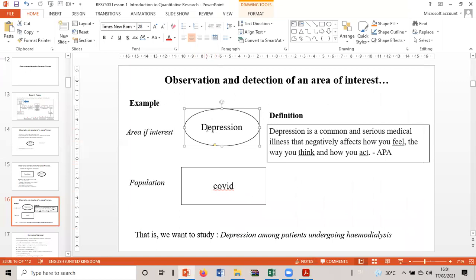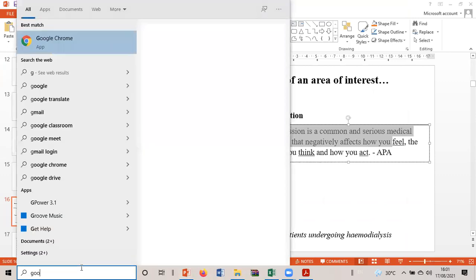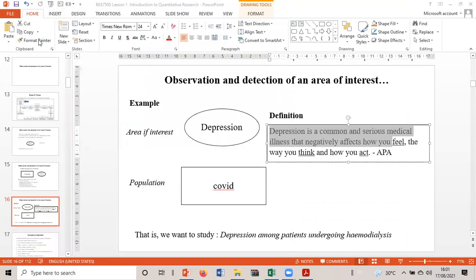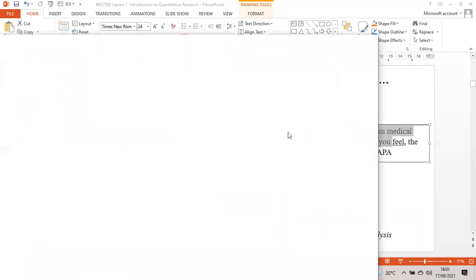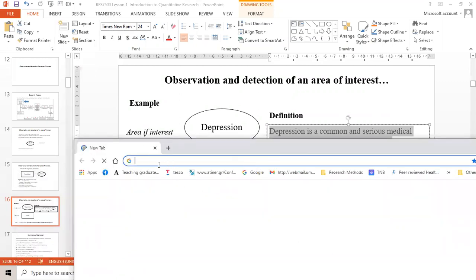See here, depression. So I give a definition. So in my example now, how does it go? Depression. What's the definition of depression? So all of you, your own area, go and search. Search what the keyword means. Don't give your own definitions. Because this is an academic exercise, you must have some evidence backing your research. So I'm going to type there depression.